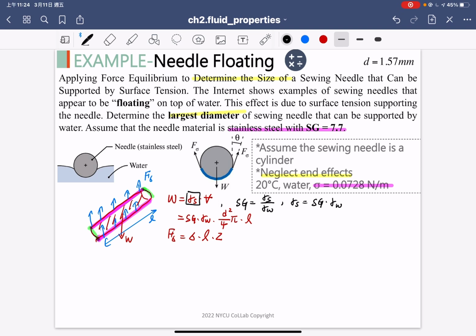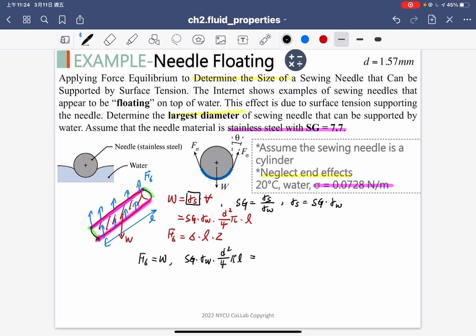So we just put the F sigma equal to the weight. Okay, so we know that the SG gamma W, pi d squared over 4, L